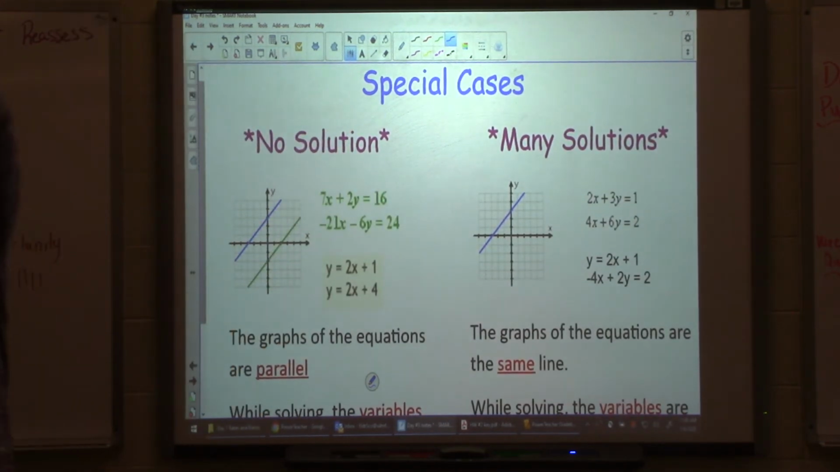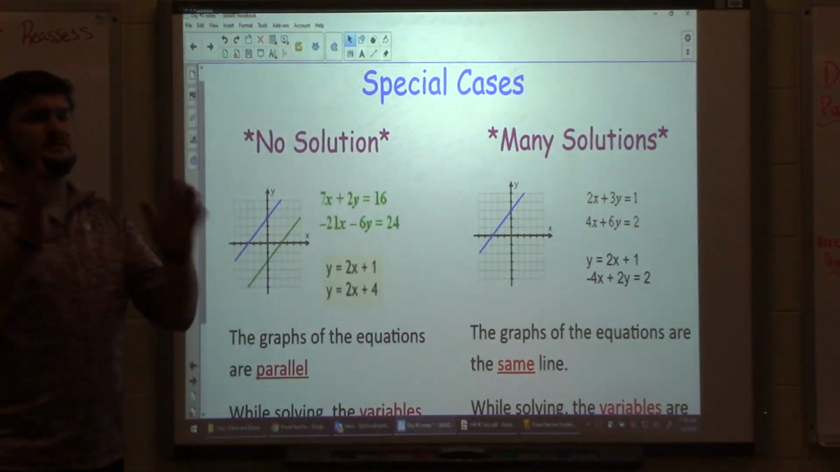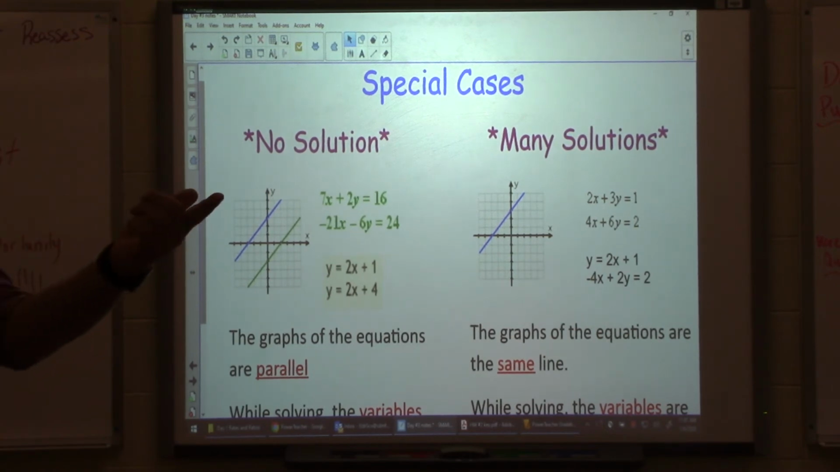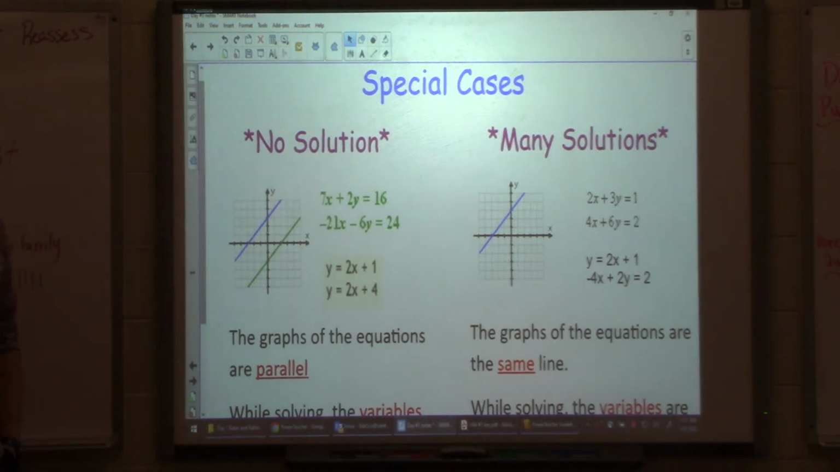There are two types of special cases. One where you get no solution. One where you get infinite many solutions. If you look at a graph here, and you see parallel lines, why would that be no solution? Because they're never going to connect. They're never going to intersect, right? We said on day 1, where they intersect is our solution. Well, if they don't intersect, there can't be a solution. So if you ever graph two lines, and they are parallel, they don't intersect, your answer is going to be